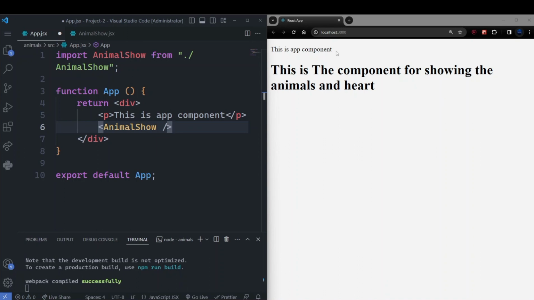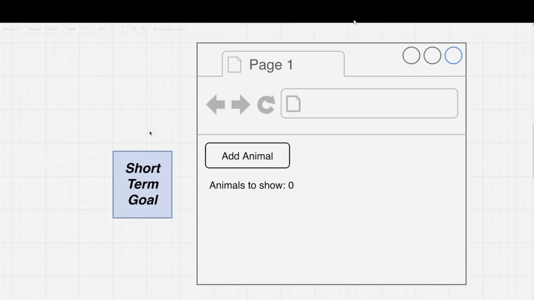So in this lecture we are gonna learn about something very important in React. First of all, let me show you in a slide. Instead of directly creating animal components and showing different types of animals, we will break down our main goal into simpler goals. Our short term goal is that we are gonna add an add animal button, and under that add animal button we are gonna show a text which looks something like this, which is animals to show, and currently it is